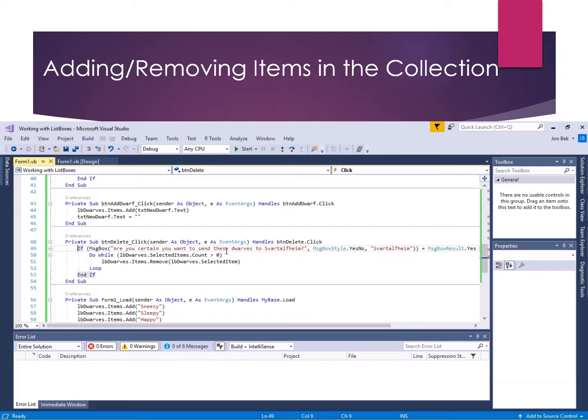So we're going to delete everything that's selected, which is kind of extraneous when we only have the one select mode turned on. There's only ever going to be one, so this loop is not going to repeat. But putting this in a loop says, if you have multiple selection enabled, either the multi-extended or the multi-simple, so that more than one thing may be selected, go through each item that's selected and remove them